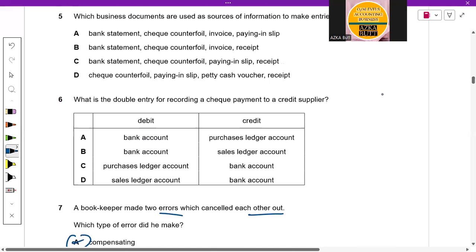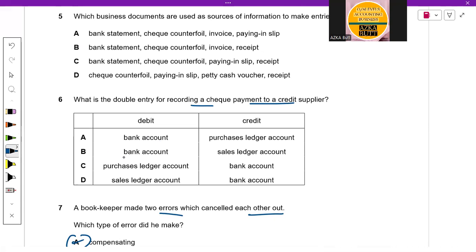Question number 6. What is the double entry for recording a check payment to a credit supplier? Okay. So option C seems to be the right option: debit the purchase ledger account and credit the bank account, because